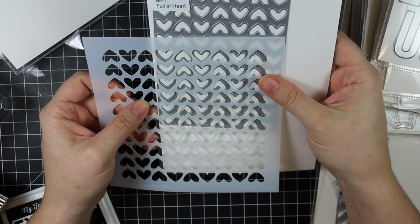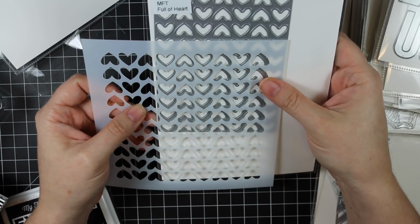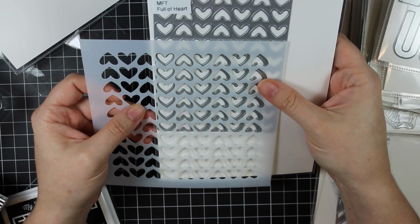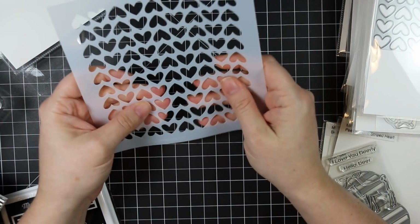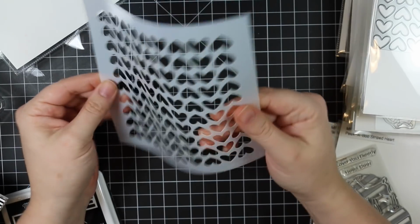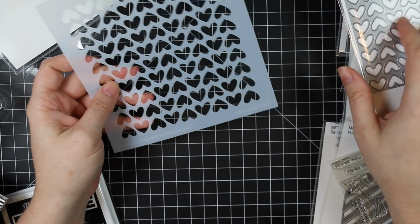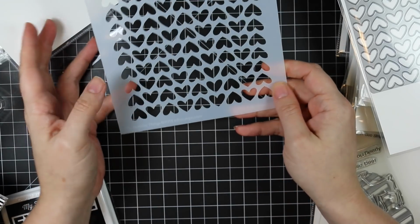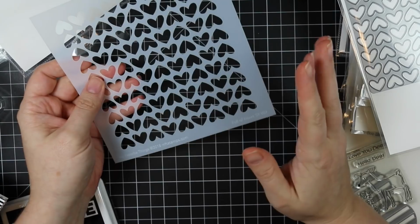Yeah, like barely, just slightly, or even maybe the exact same size. Yeah, so it's a little bit different, but I like always having the option of the stencil and this sort of material. You can always die cut this from vellum, etc., and kind of make your own stencils. But when the stencil is available, I would rather have the stencil because they're more durable, less effort,